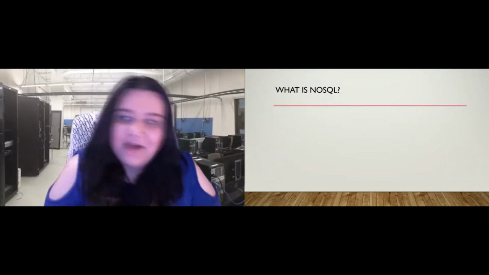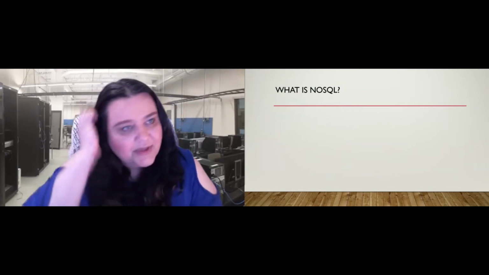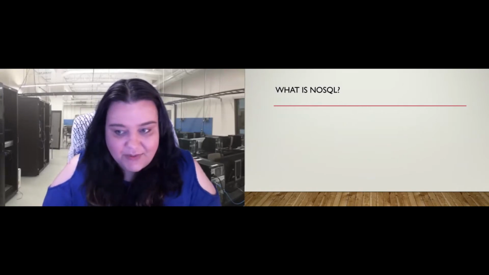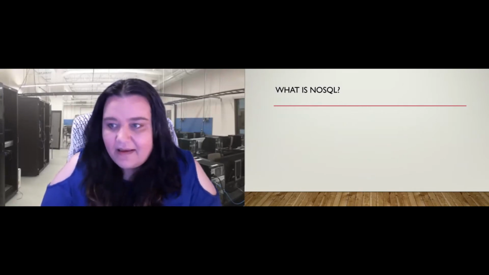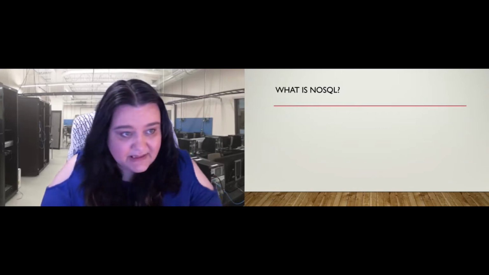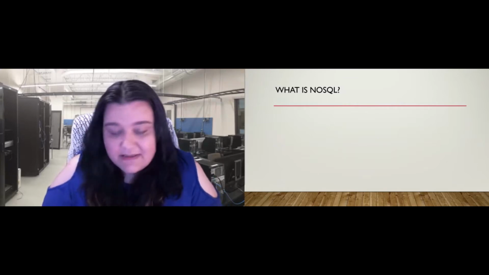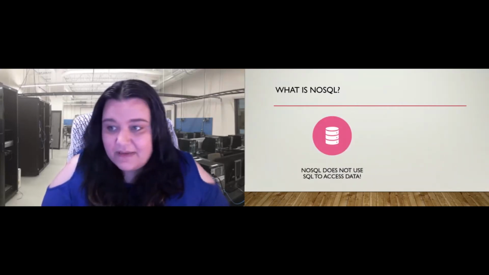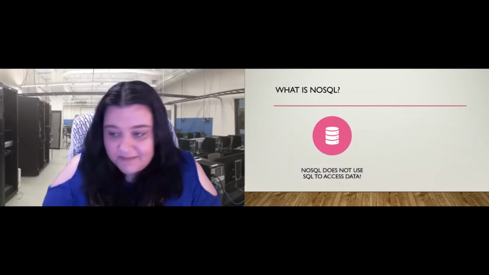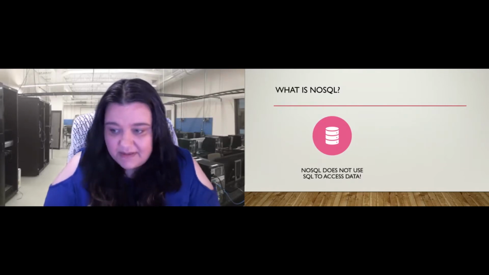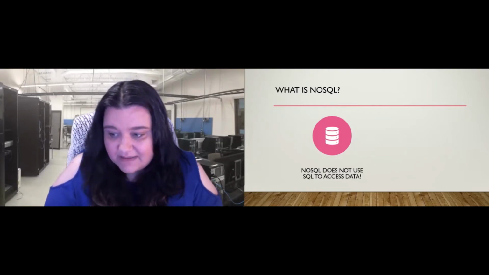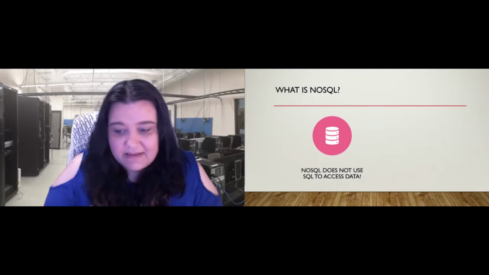Let's talk about NoSQL. I'm not sure what everybody's level is, but this is just an overview, very general information. So we won't be doing any deep dives into anything. I'm going to talk a little bit about the basics first. So essentially, what is NoSQL? NoSQL, very briefly, is a database that does not use SQL to access the data stored within it. And unlike traditional databases, which have a schema and use SQL to get the data out, NoSQL is schemaless.